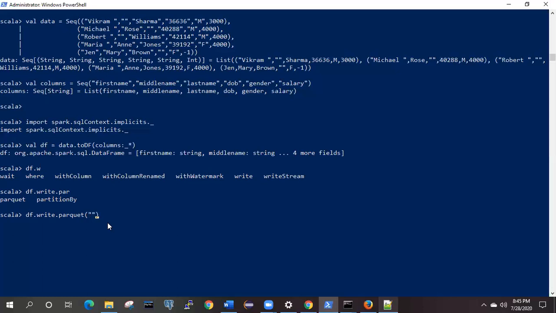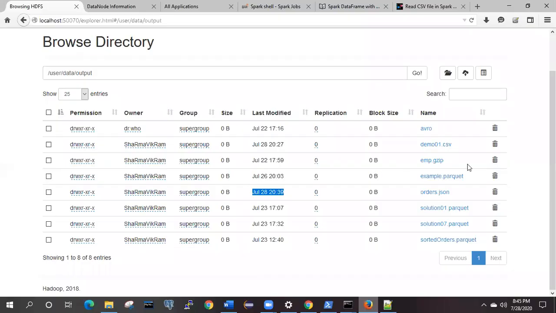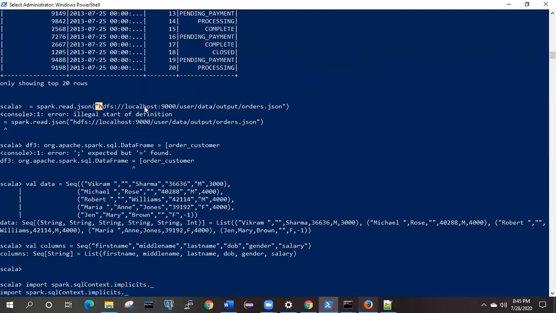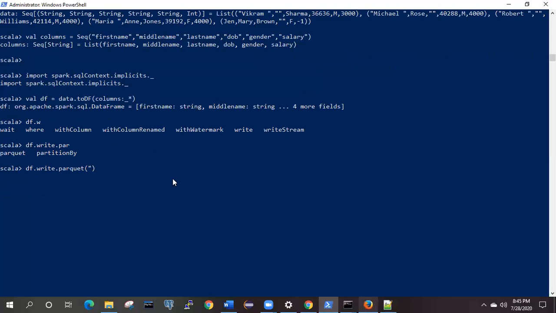And where you want to read or write it, you can either write into the local file system or into some other file systems. So let me write this data into the HDFS itself. In the output directory I'll write the data, and I'm giving the name demo.parquet.